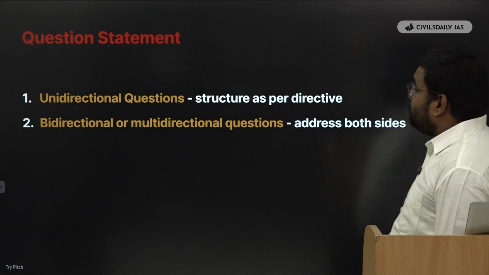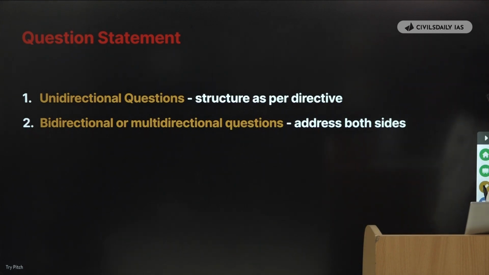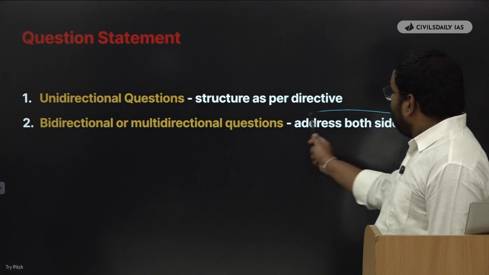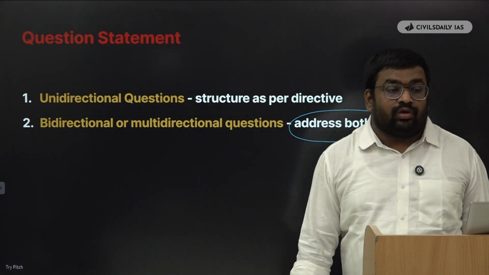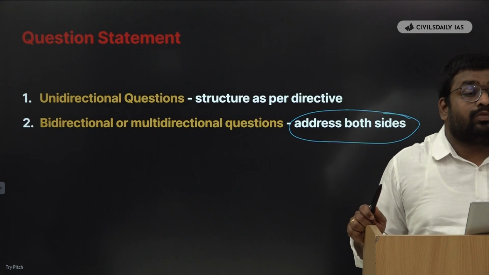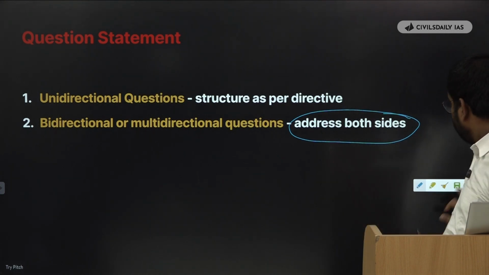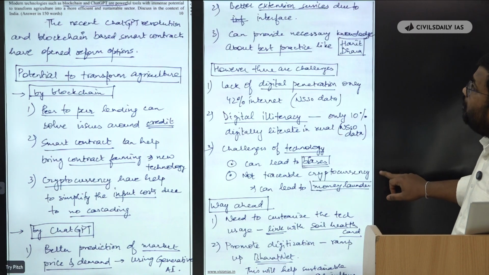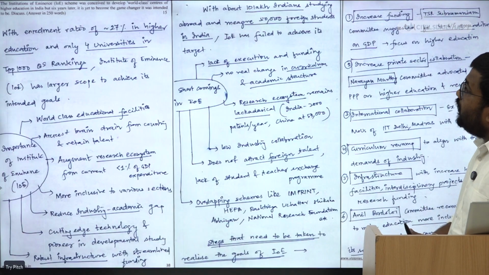bidirectional or multidirectional questions. So in multidirectional questions, irrespective of the demand of the question, you have to give equal weightage to both sides of the coin. You have to highlight both positive as well as negative. So if you want to see the example of it, so this